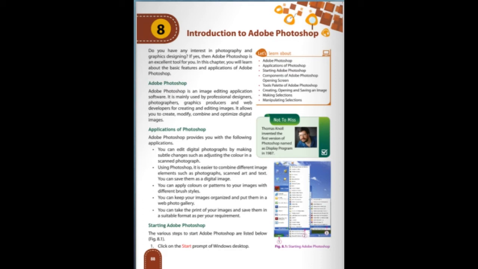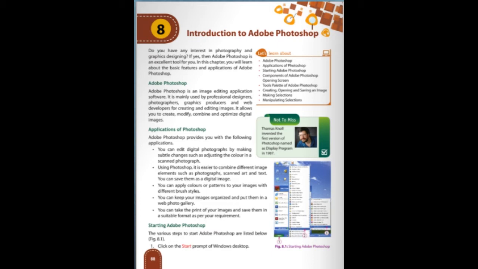You can edit digital photographs by making subtle changes such as adjusting the color in scanned photographs. Using Photoshop, it is easier to combine different images such as photographs, scan art, and text.